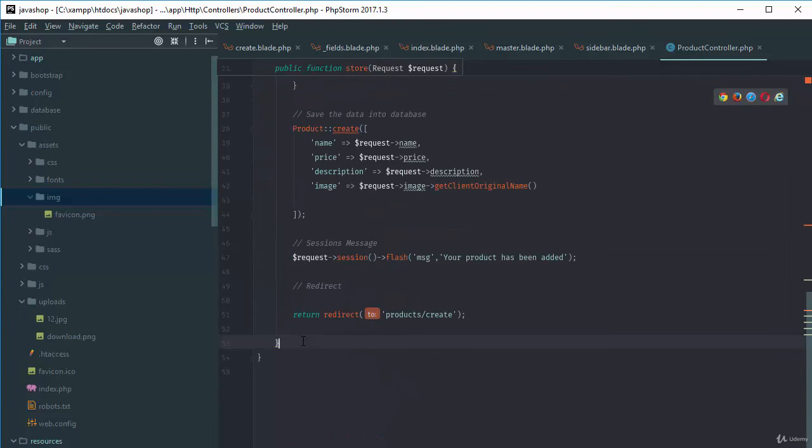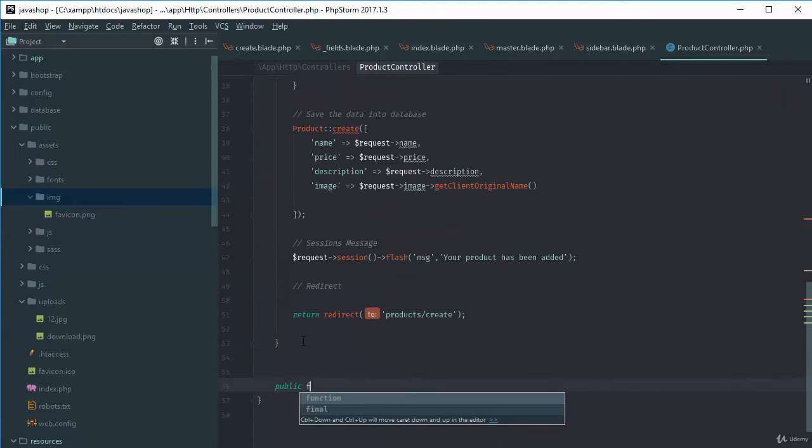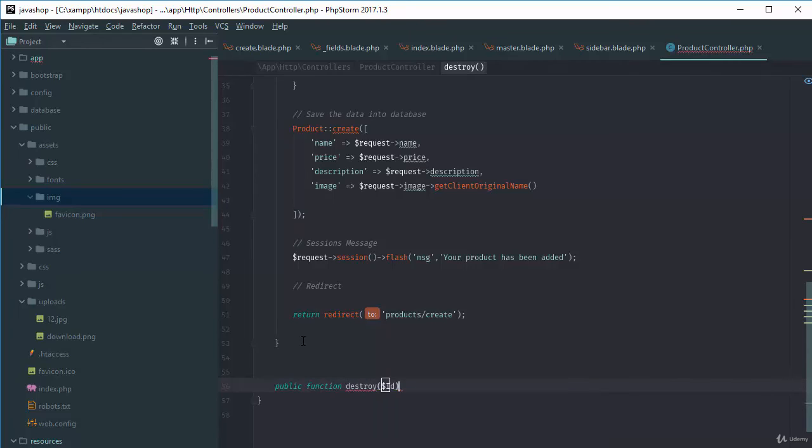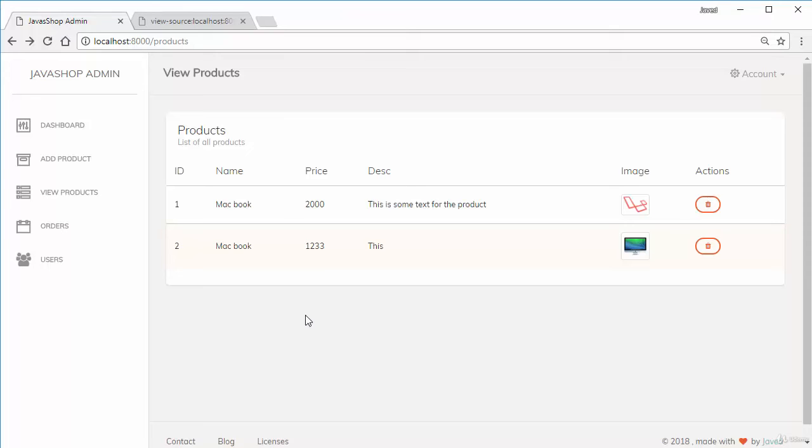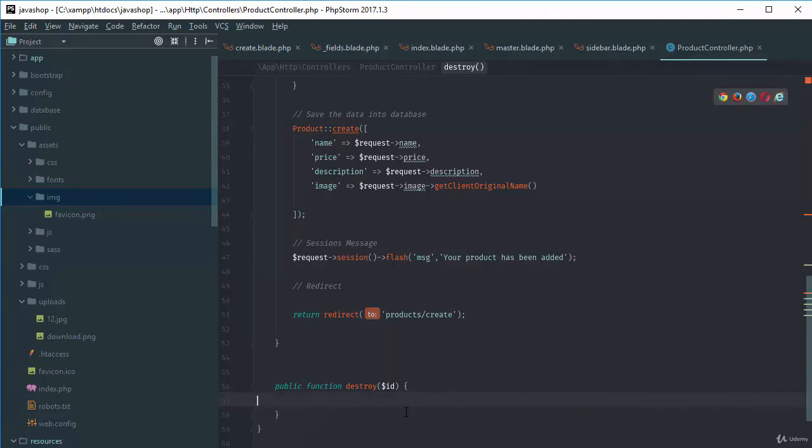So if we go to our product controller, and then we say public function destroy ID, right? Because the ID is also coming with that, and when we return ID, it will only show us an ID. So one ID in one, right? So simply we say product destroy the ID, and then we can also add a comment: destroy the product or delete the product,